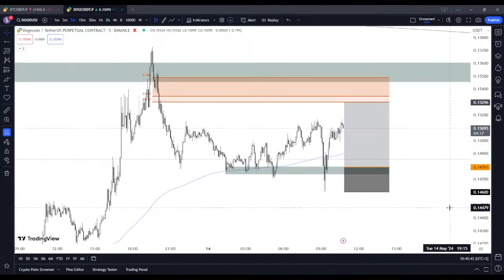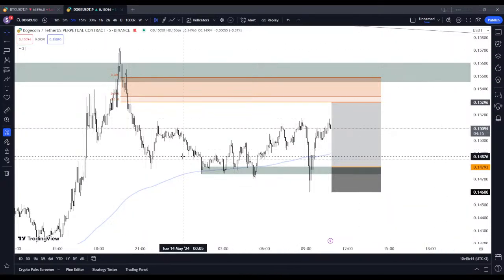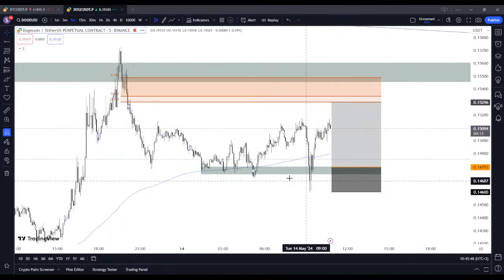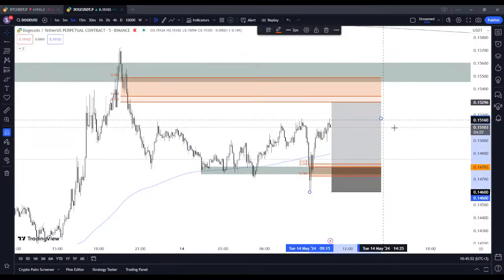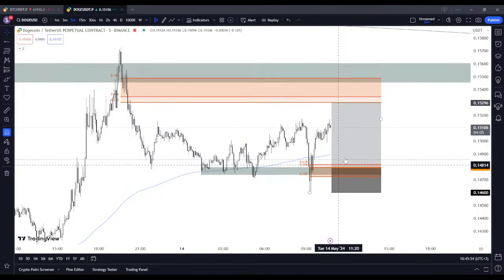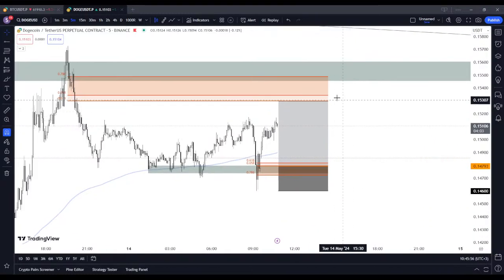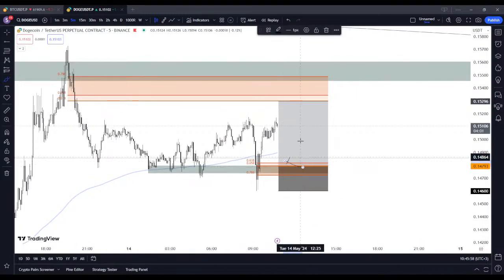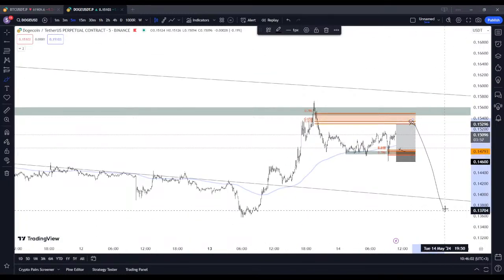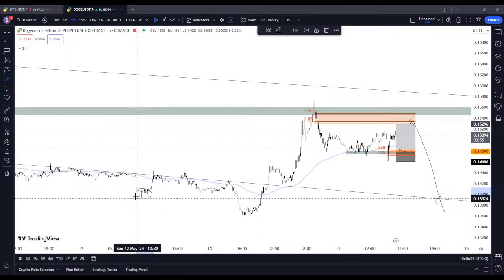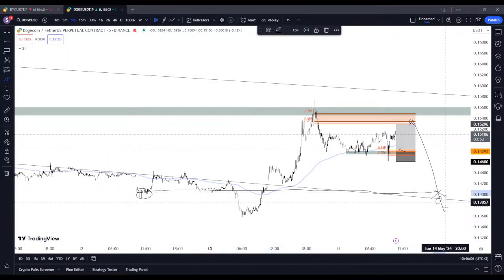And then fractal wise, yeah, everything is the same. So we might reject here, get a bounce, go into 61.8, and then this could be a bearish retest for the price to go here into this unretested area. But then